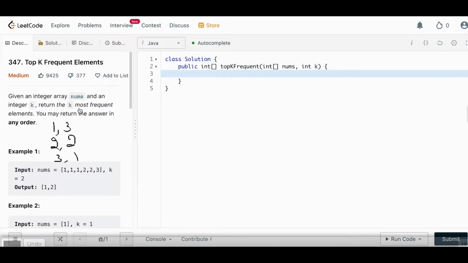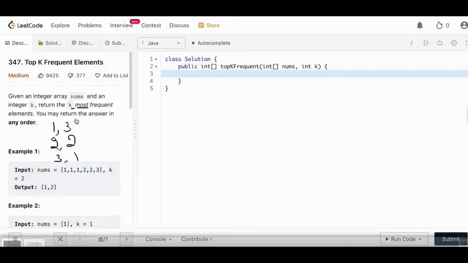And whenever you see in a question k most or k min, in these kinds of questions, a heap is the data structure which we will mostly use. In Java, heap is implemented as a priority queue. So we'll use the priority queue data structure. Whenever you are asked for the k most, in that case, you use a min heap. I'll show you the reason why we do that. And whenever you see a bottom k or min k kind of question, you can use a max heap. Let me show you one example, then I'll tell you how it works.